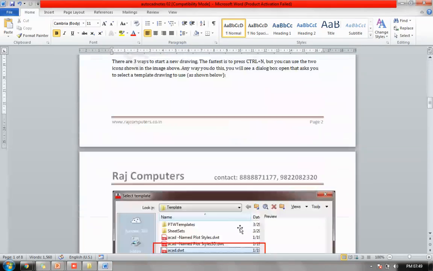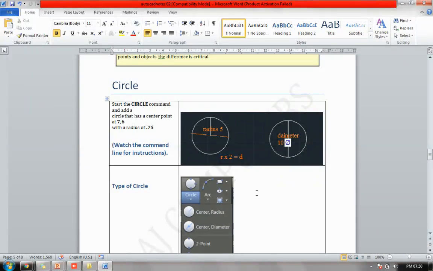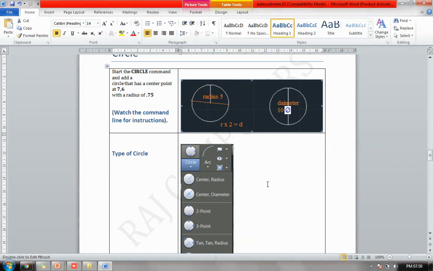So when I come to the circle here, the distance from the center of your circle to the edge, this half of the circle, is called what? Radius, and this entire span is called diameter. It is denoted by this O with a slash symbol, it might be called theta. Fine, but always diameter is 2x of radius. That means if your radius is 5, your diameter will be 10. It will be double of it. If your diameter is 10, the radius will be half of it, that is 5.